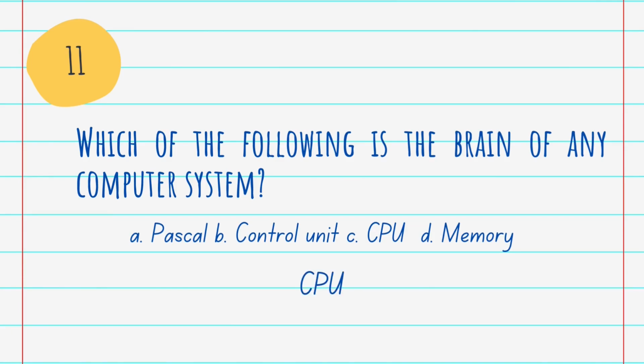And the answer is CPU. As we all know, that is central processing unit. Actually, all types of data processing operations are performed by the central processing unit. It carries out the instructions from a computer program by performing the basic arithmetic, logic, controlling and input-output operations specified by the instructions. That's why CPU is the brain of the computer system.